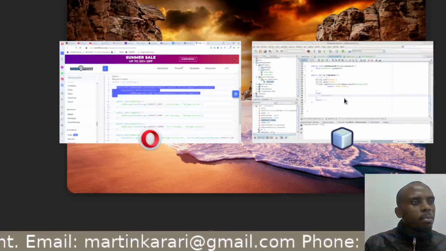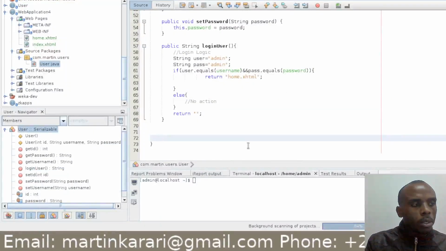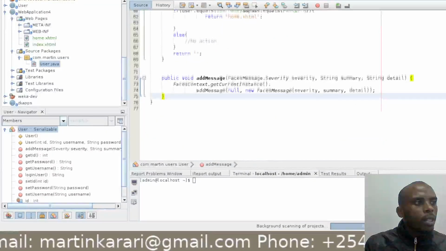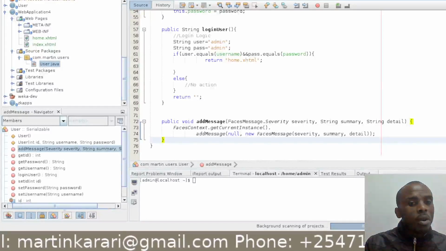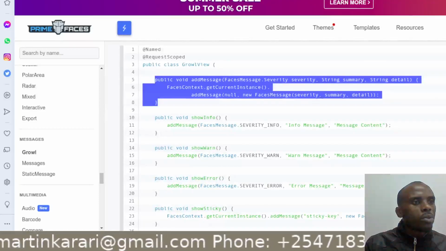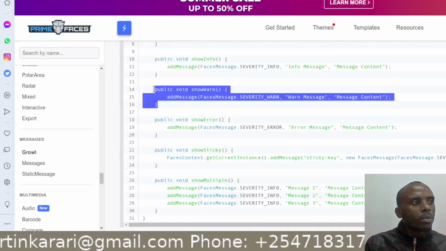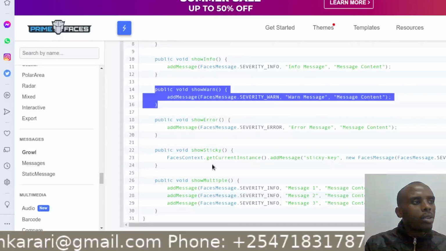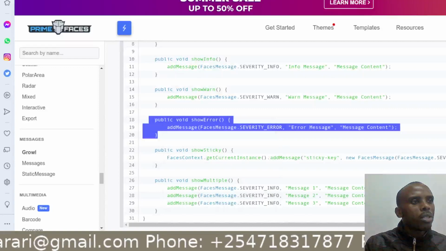So let's just be calling this method. Unfortunately, I have some issues with my laptop, but I know that all will be fine. What it does is just adding messages to our interface. So we want to show a warning message, or we just show an error message, so we just carry this method.